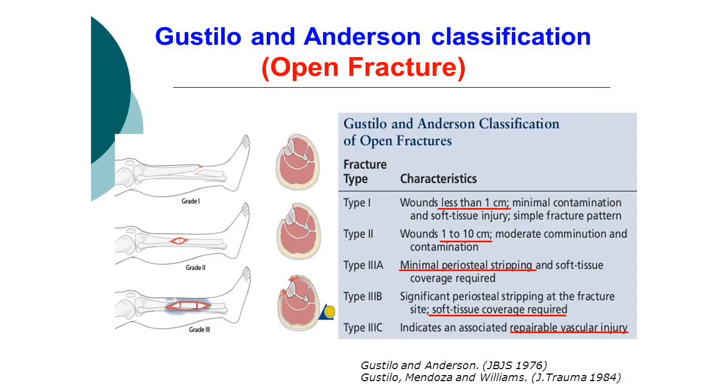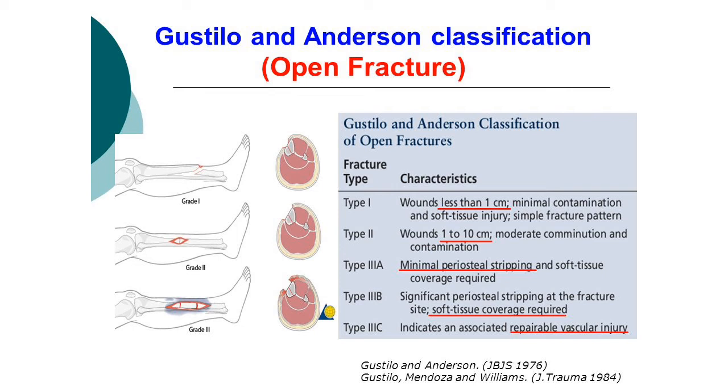You can classify the open fracture of the ankle joint according to the Gustilo and Anderson classification, which classifies open fractures generally into type 1, with a wound less than 1 centimeter, type 2, with a wound between 1 and 10 centimeters, and type 3, which is subclassified into type 3A, B, and C. Type 3A has minimal periosteal stripping, type 3B has significant periosteal stripping, while in type 3C